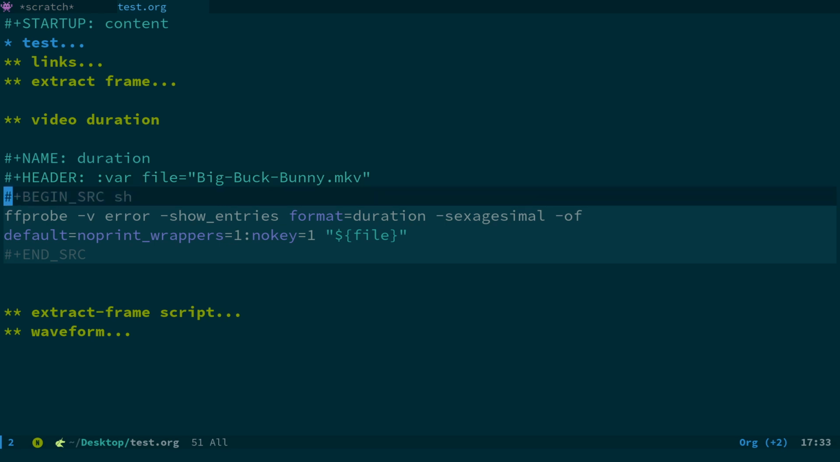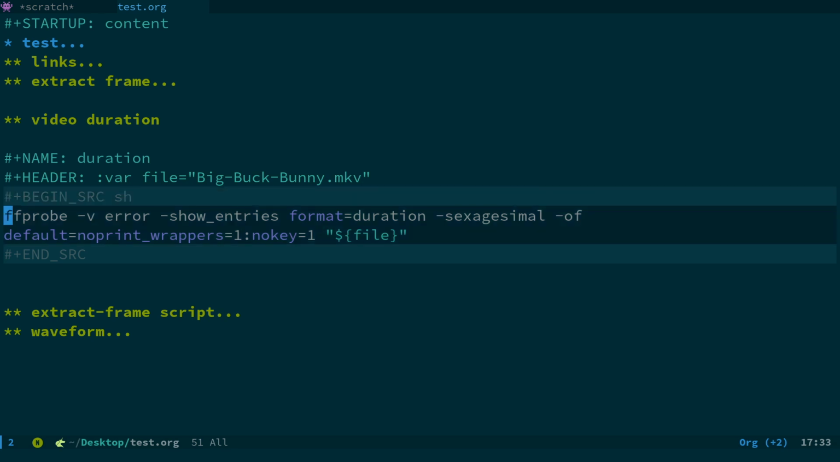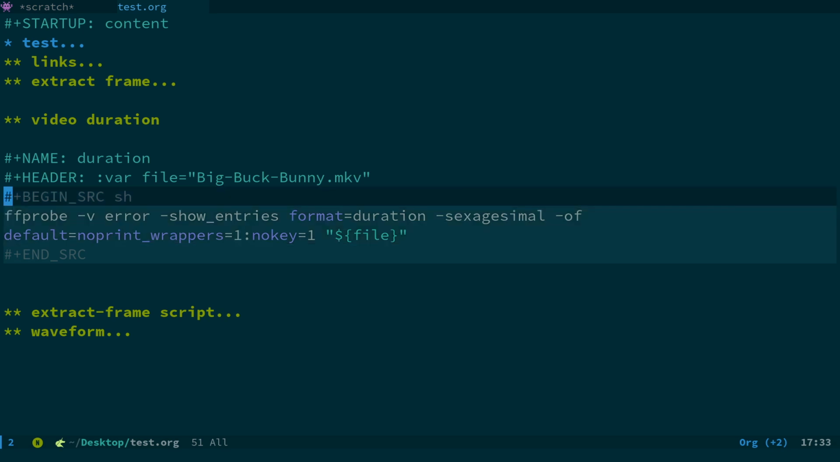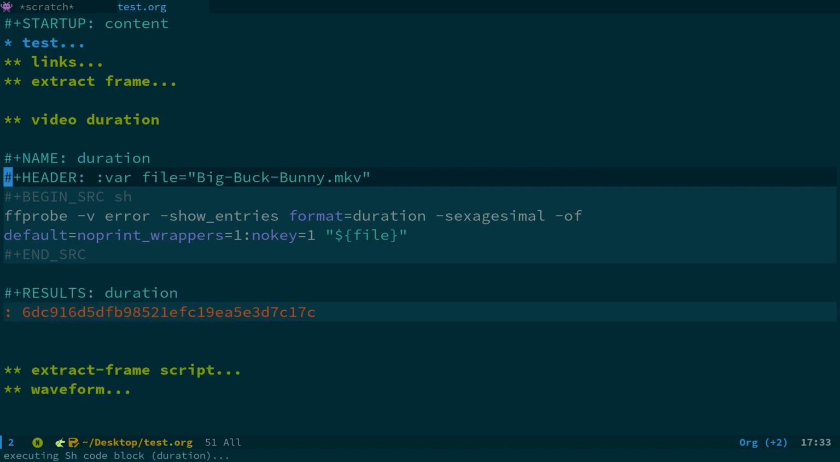Then we have an ffprobe command here: ffprobe -v error -show_entries format -sexagesimal -output default=noprint_wrappers=1:nokey=1, and then the file. So sexagesimal is in hours, minutes, seconds. Default noprint_wrappers and nokey sets it so that it doesn't print something like duration before the actual output. And if I run Control C, you can see here we have the results, and it's giving us the duration in sexagesimal time: hours, minutes, seconds,